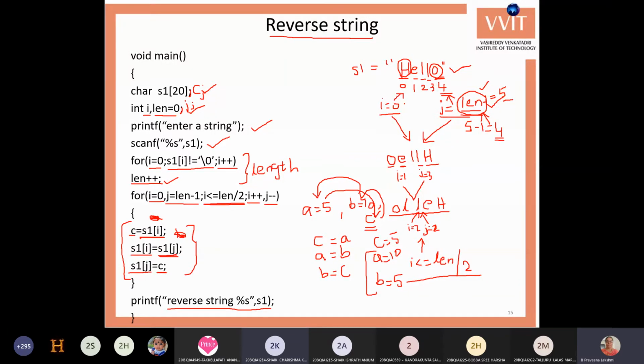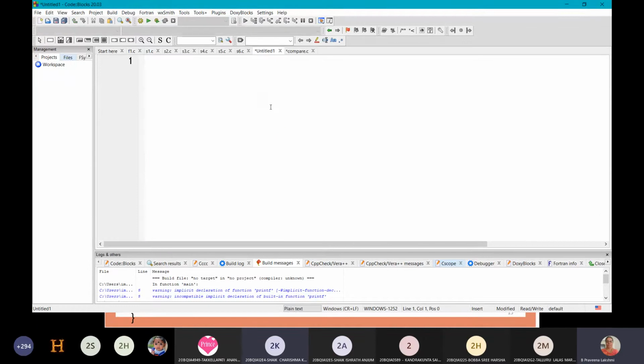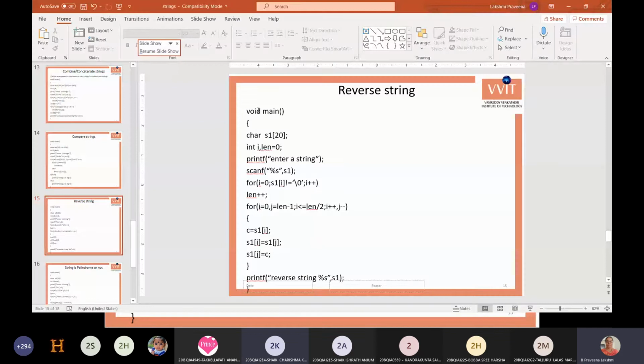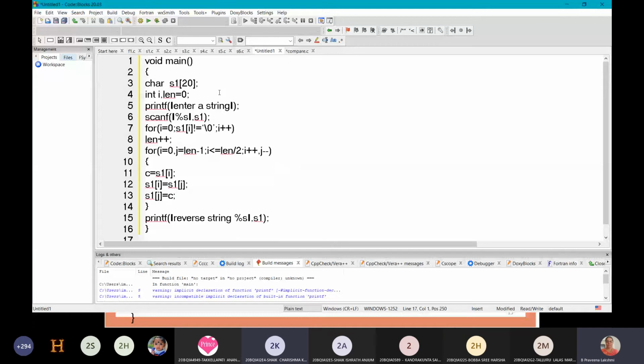So now we'll see this in the code blocks. Here we require one more variable c, length, and j variable.